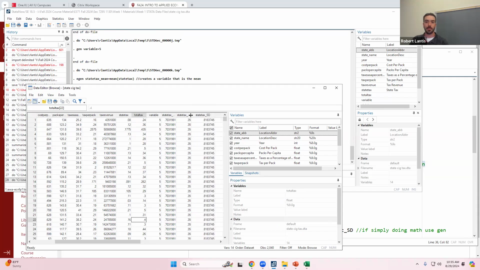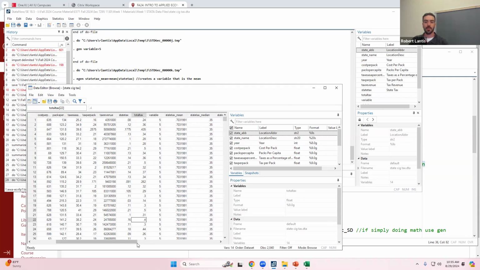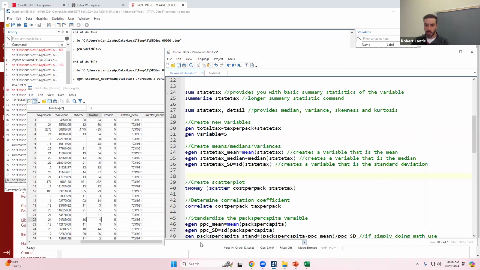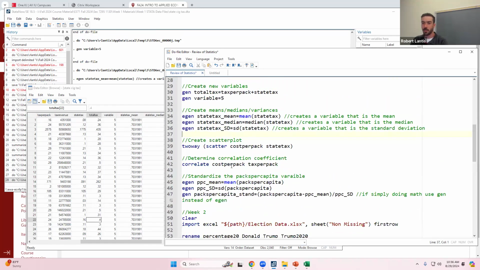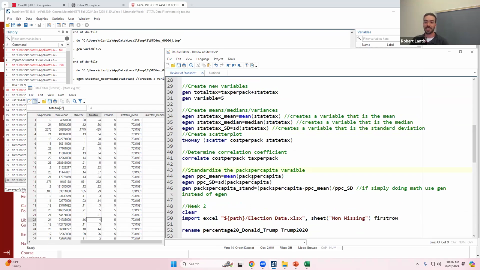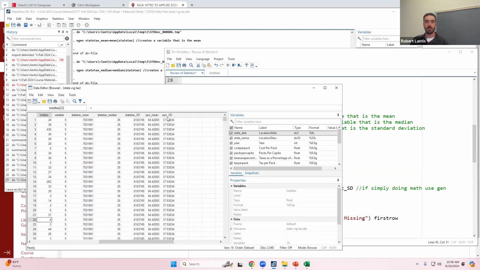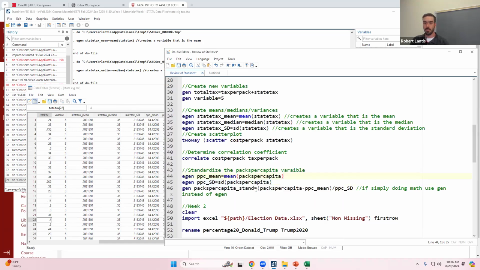Another reason why making these separate variables could be useful is, if I have it down here, okay, I'm doing this a little bit out of order, so we're going to skip down here because I do think this is worthwhile. Let's say I want to do the same thing, but for the PAX per capita. So I want to calculate the mean and the standard deviation. I've got those commands down here, and I'm going to run those. So I now have the mean and the standard deviation for PAX per capita, or what do I call it? PPC, right?